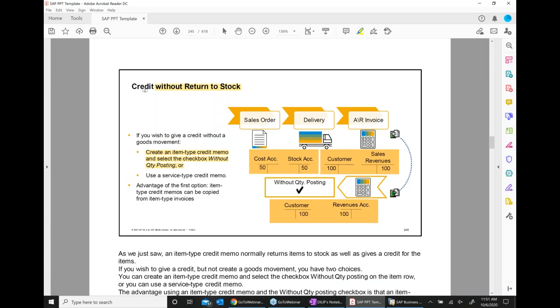Now look at this: credit memo, return to stock, without return to stock. Now what is the meaning of that? Every time we have done the credit, we impacted the stock. Stock comes in, stock comes in, stock comes in.